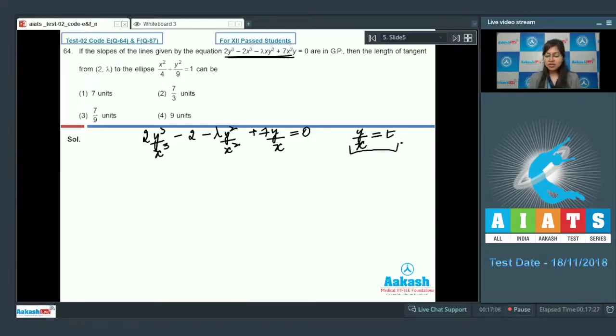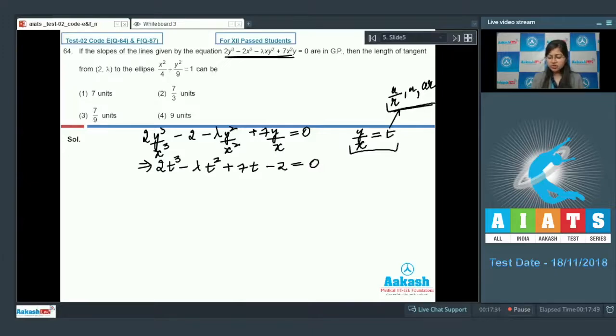But the slopes are given in GP, that is t can be taken as a by r, a and a r, right? Now this can be written as 2t cube minus lambda into t square plus 7t minus 2 equal to 0, right? So here we have the 3 roots of t with us, right? Now we know that the product of roots here is a cube, that is a cube is equal to product of roots, which is equal to plus 2 upon 2, that is 1, that is a is equal to 1,